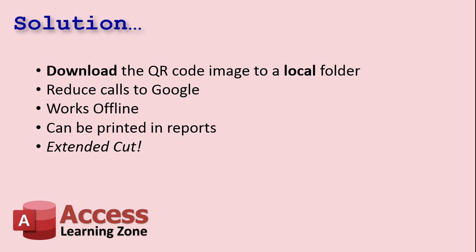And what's my solution? Well, the solution is to have Access download that QR code to a local folder, right? The URL returns a PNG, a portable network graphic, an image file. It's like a JPEG or a GIF. It's just a different format. Okay? So what we do is we tell the web browser, hey, grab that image and save it locally on